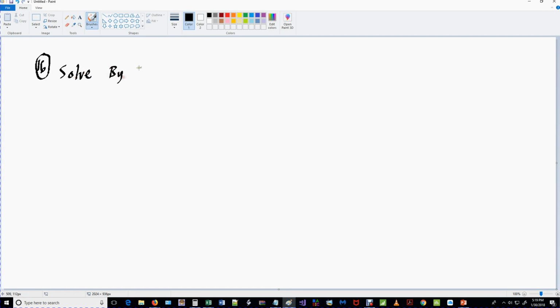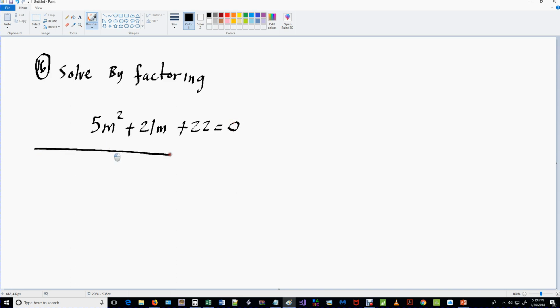And alright, so we need to remember how to factor, but before we do that, let me show you the equation. This equation is 5m squared plus 21m plus 22 equals 0. And the solution is as follows. The first thing we need to do is actually factor it, right? The expression before the equals 0 is going to be written as two binomial